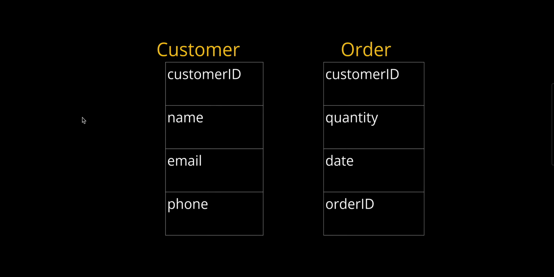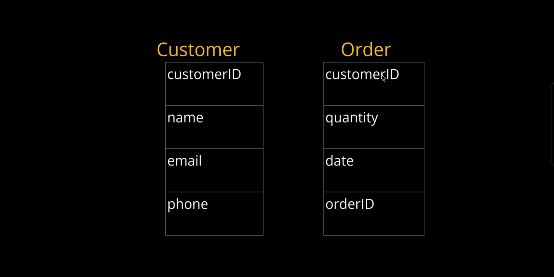If we want to take an example of normalization, imagine a customer database for an e-commerce platform. You could have one table for customer details like name, email, address, as you can see, and a separate table for the orders. By doing this, you avoid duplicating customer information for every order they place. Instead, you simply reference the customer details in the order table, which reduces redundancy and ensures that customer information is